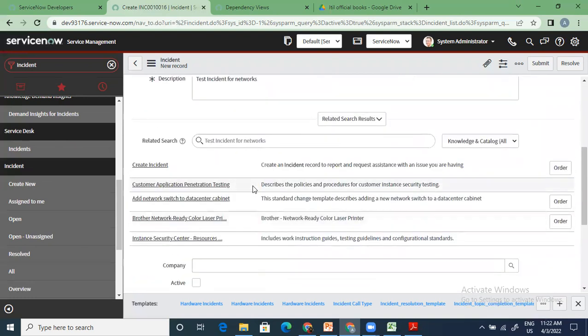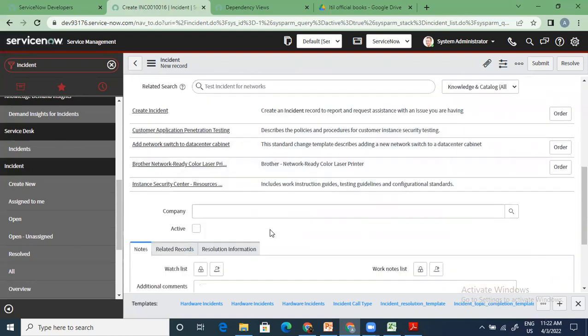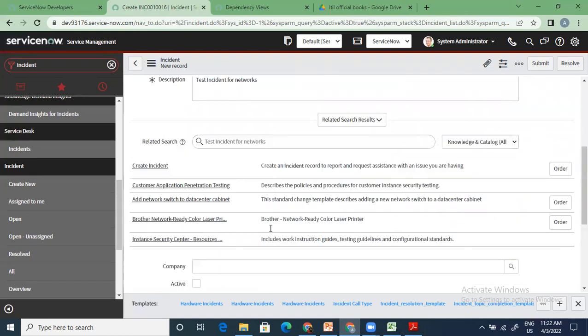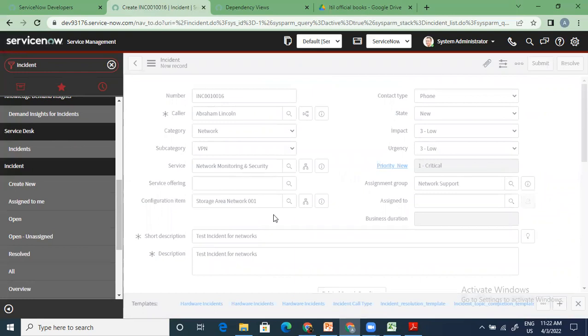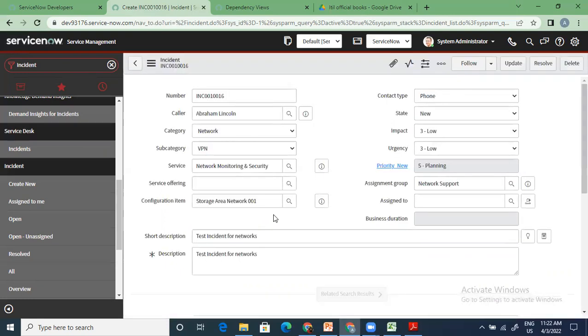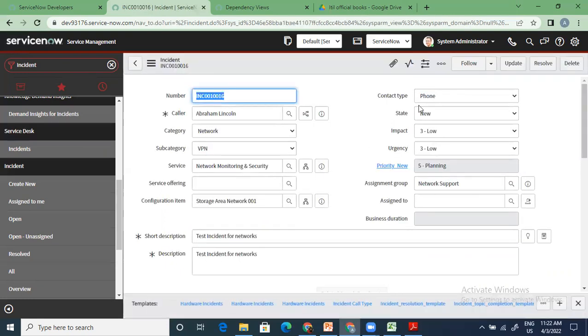It is up to me whether I want to use it or I don't want to use it. So you can see knowledge as well as catalog, both the things are here, right? But we are just looking at knowledge right now from our perspective. Now I submit this report, I save it. Now after I've saved it, now because it is assigned to somebody and I want to change the status from new to in progress, for example, and I want to save it again,